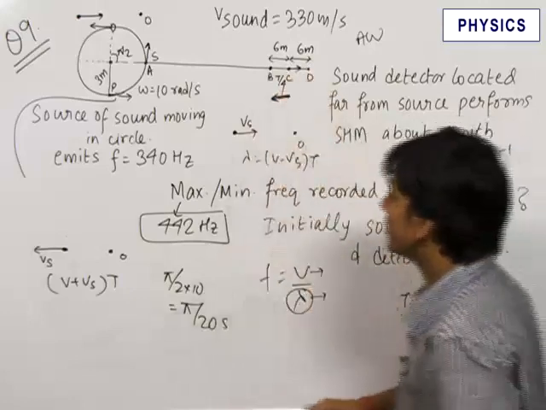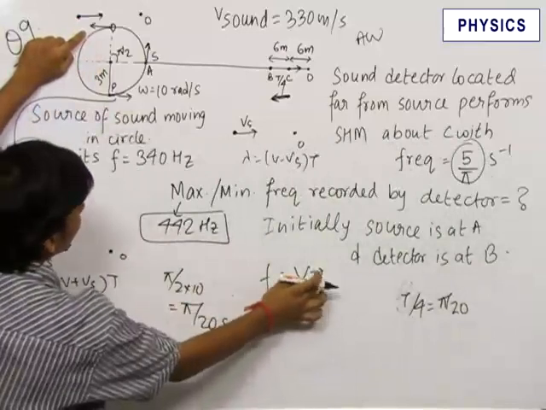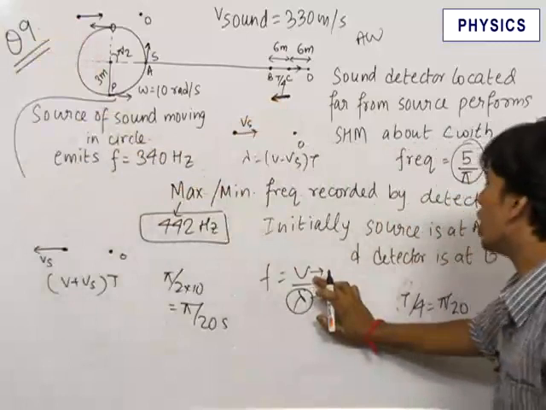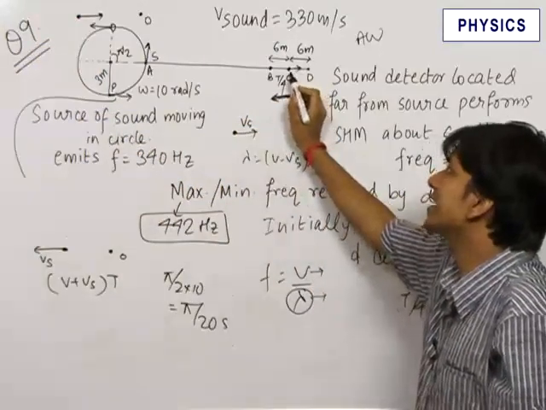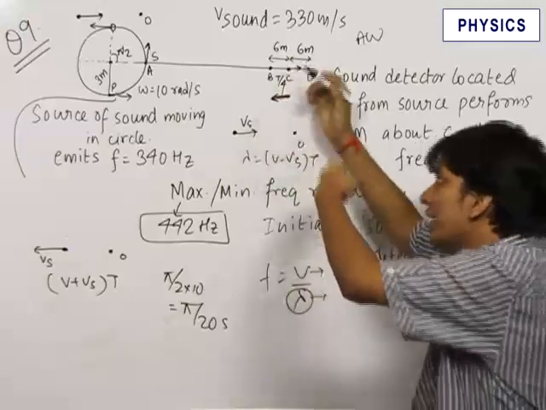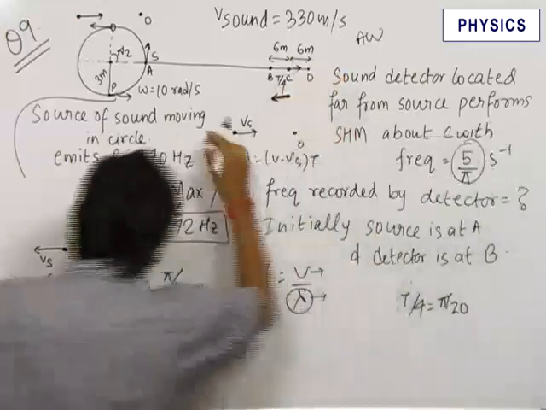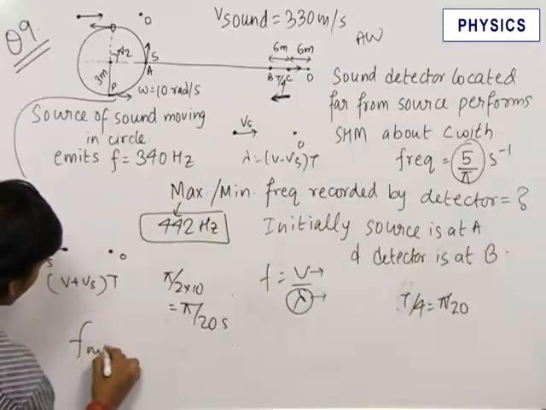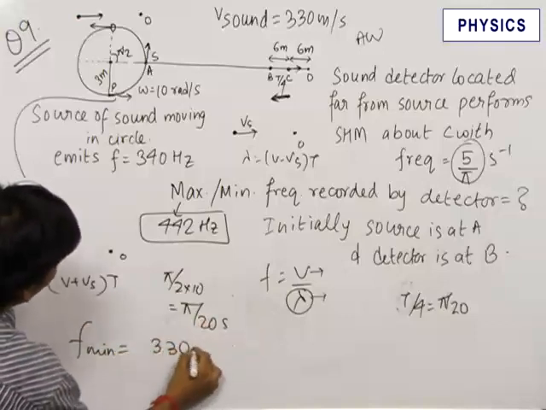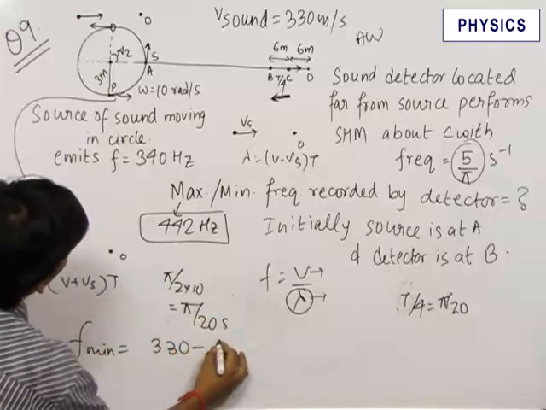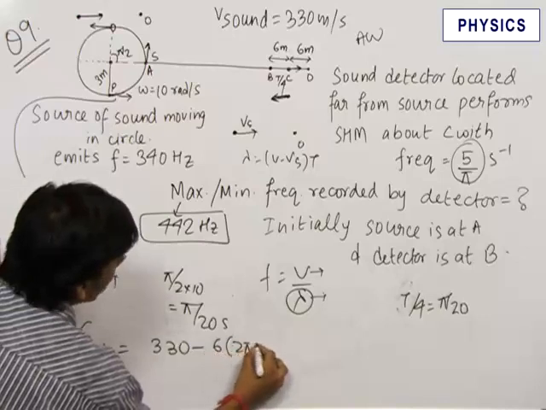The data is such that we are maximizing the wavelength as well as we are minimizing the velocity of sound with respect to observer, because when the observer is moving towards the right direction with its maximum velocity possible, in that case only the velocity of sound with respect to the observer is minimized. Therefore on solving this, we get f minimum is equal to velocity of sound with respect to observer, that is 330 minus a omega, that is equal to 6 into 2 pi into 5 upon pi